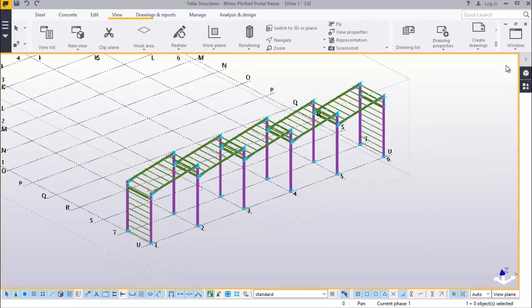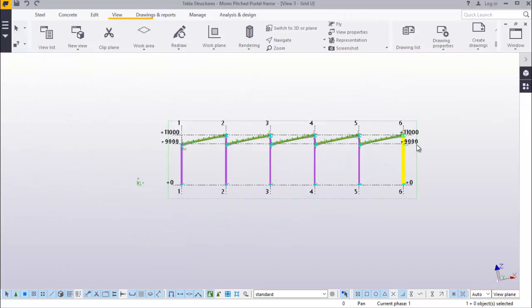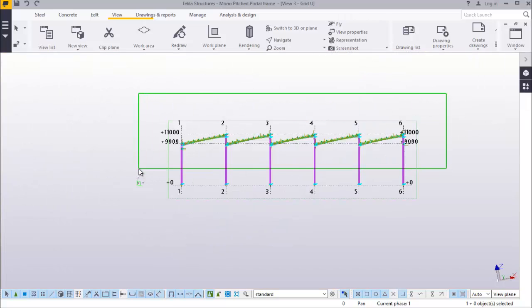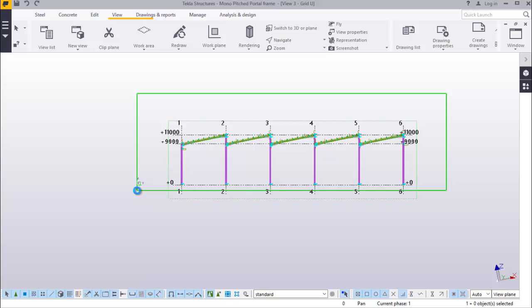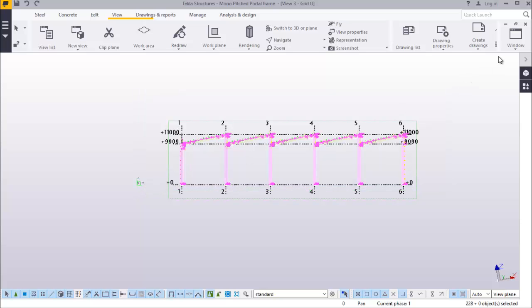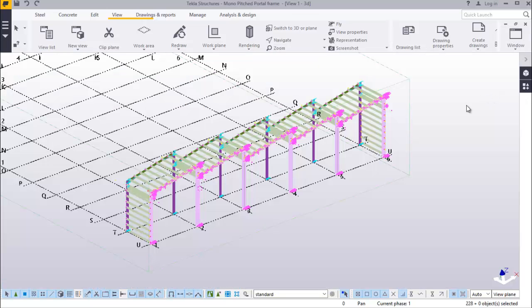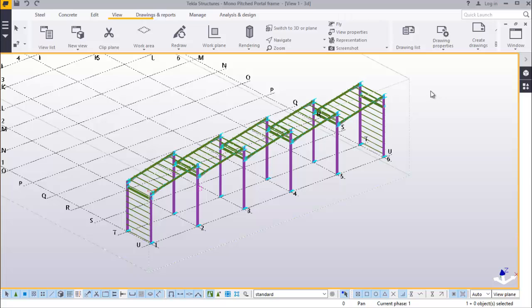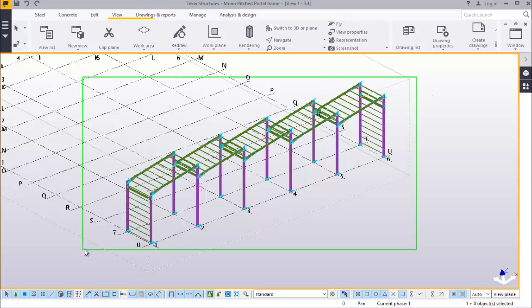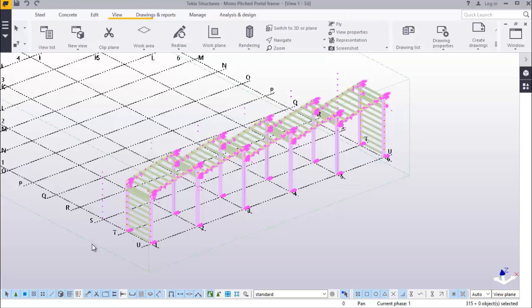Now what we are going to do, we'll switch back to an elevation view, select everything here, switch back to isometric view, click on the screen. We've not selected everything. Highlight everything, right click, copy,